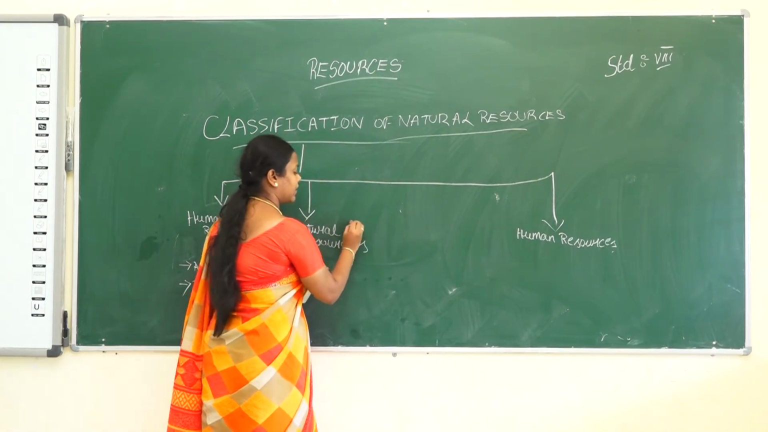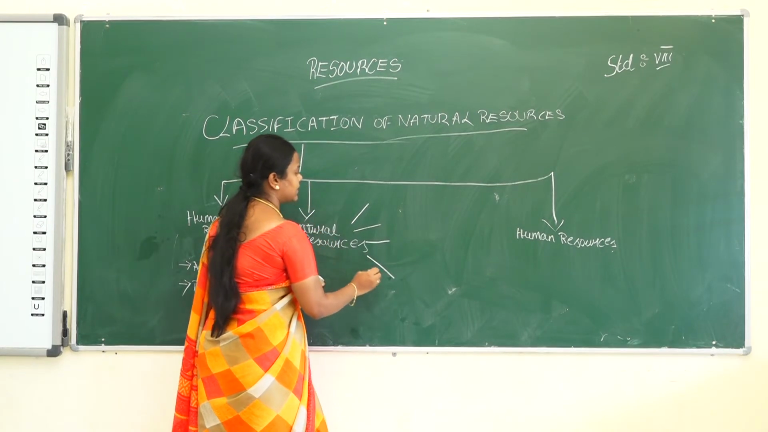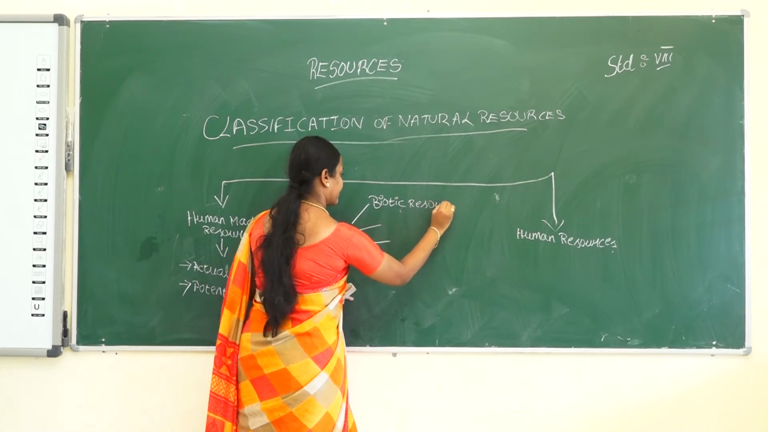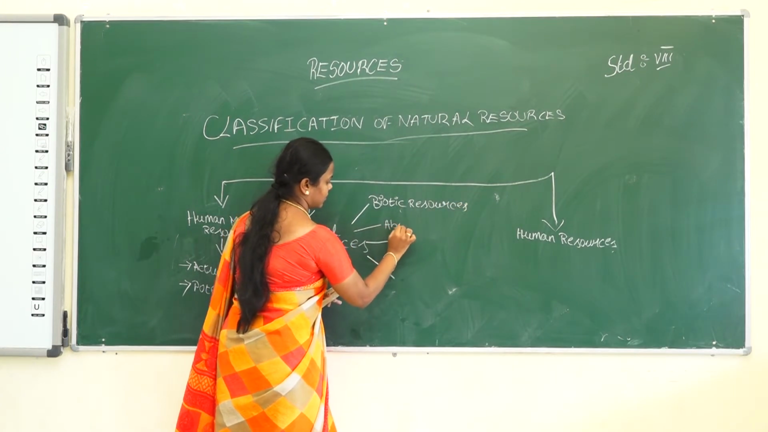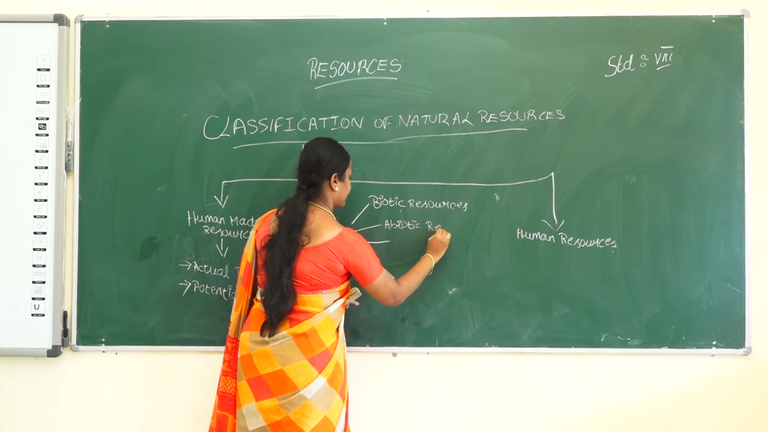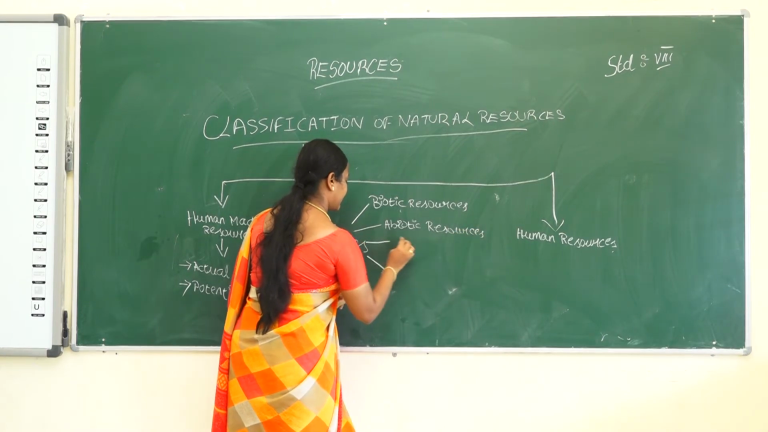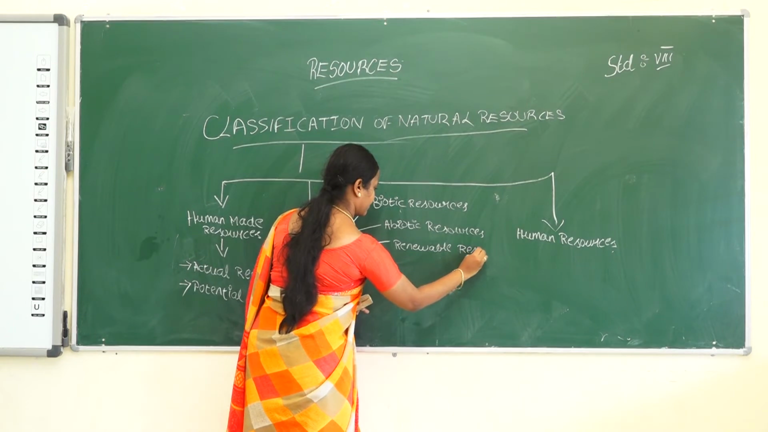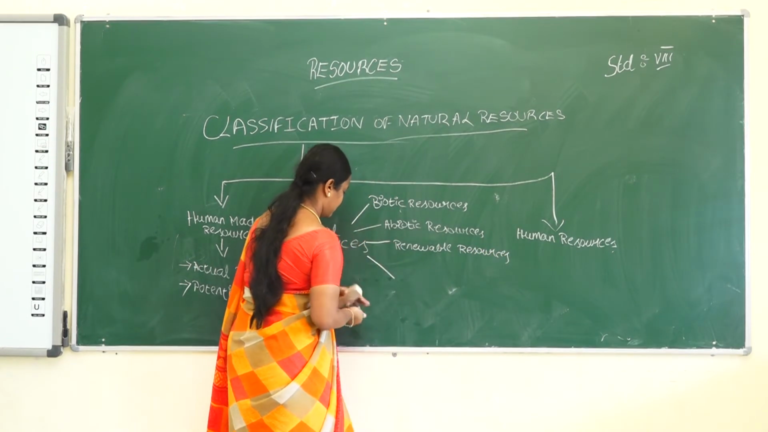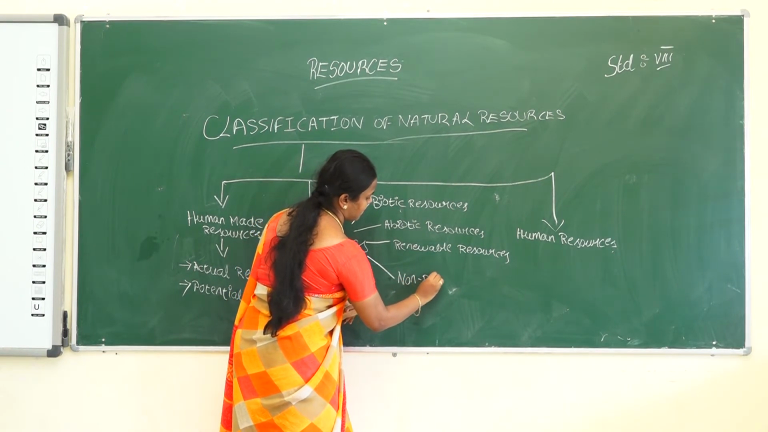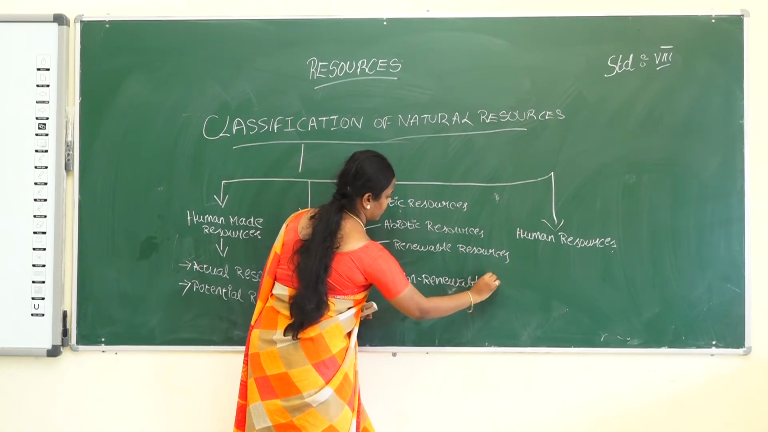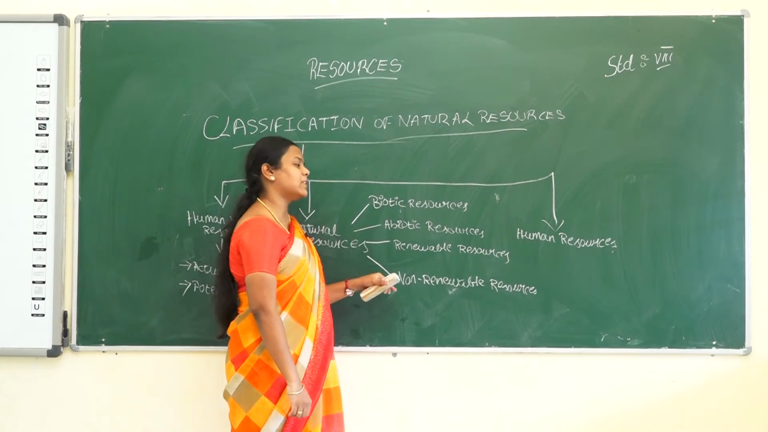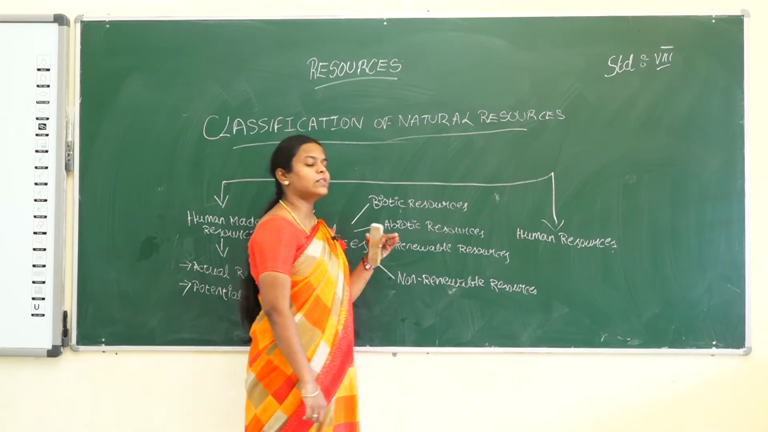Natural resources are divided into many categories. The four categories are biotic resources, abiotic resources, renewable resources, and non-renewable resources. In natural resources, these are the categories: biotic resources, abiotic resources, renewable resources and